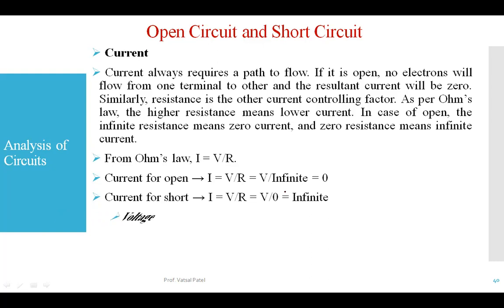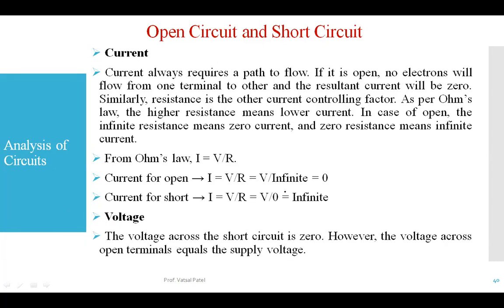Understood? And the last thing is about the voltage, which depends upon Ohm's law. The voltage across a short circuit is equal to zero. However, the voltage across an open circuit link will be equal to the supply voltage, as per the diagram we represented. This thing we already discussed in our previous part; it is just given here briefly in a few sentences. I hope you understand this about resistance, current and voltage.